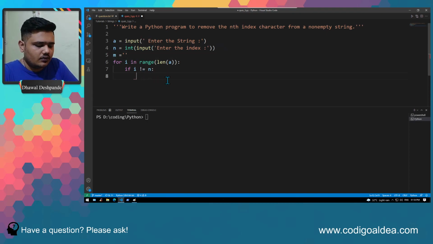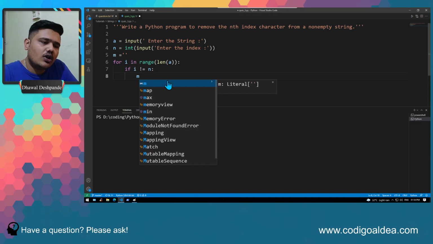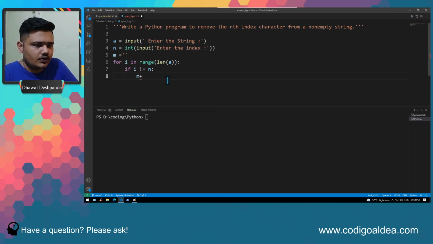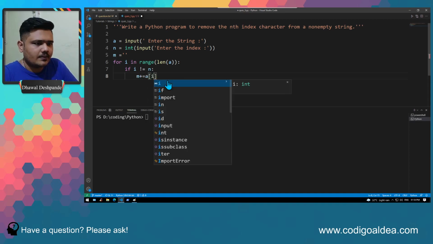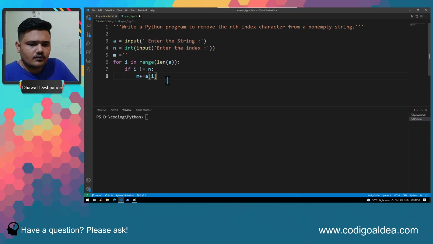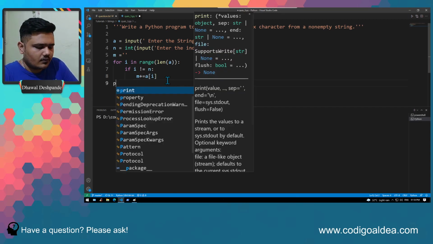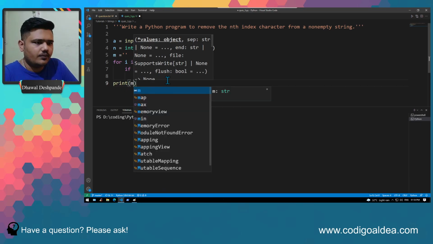So here we will add all the other characters to our empty string, right? So here it will be like this. Print m,